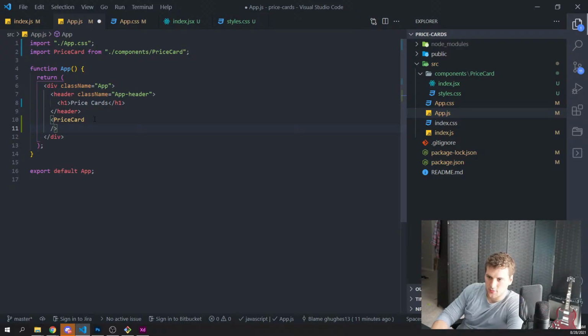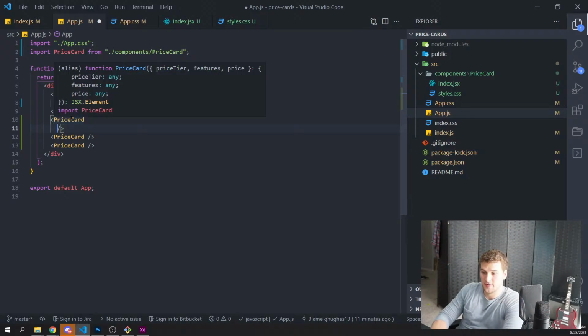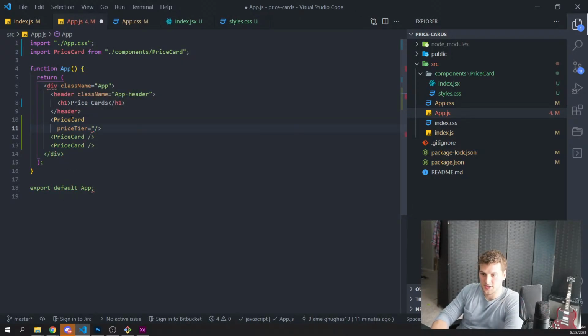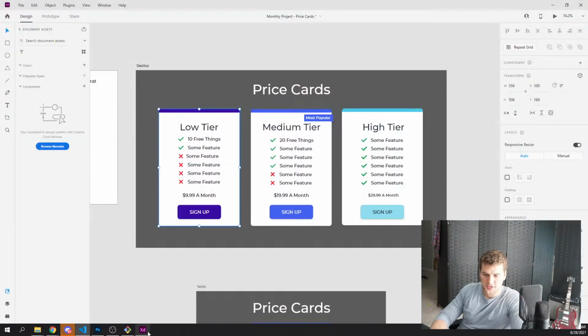And then this is gonna get, we'll have 3 price cards, right? And they're gonna get a lot of stuff. I feel like I should probably just have a JSON file with some objects that are the price card things. What does this get again? It gets a price tier, and that is going to be, what do we call these?